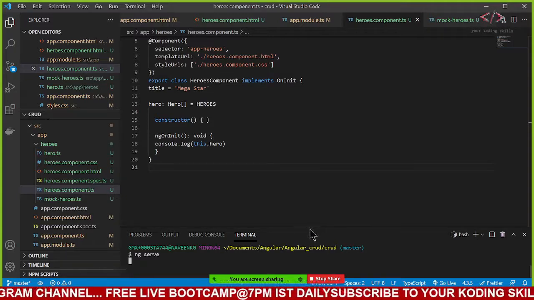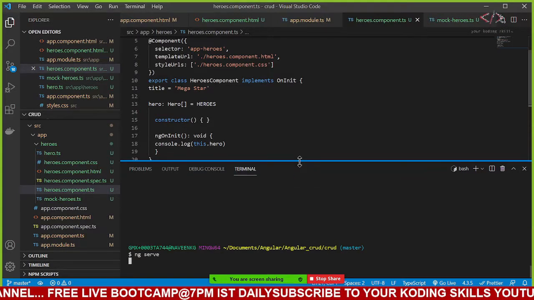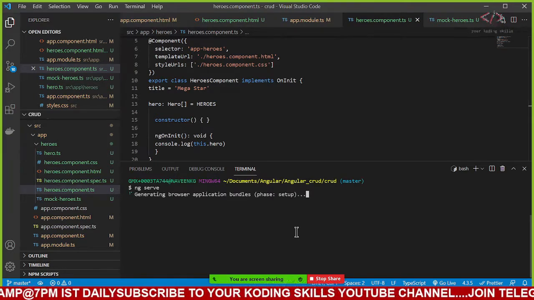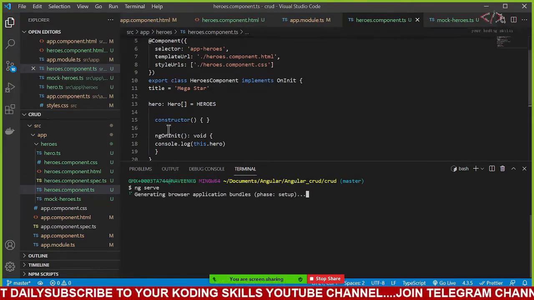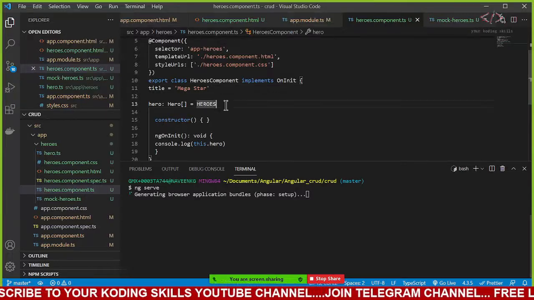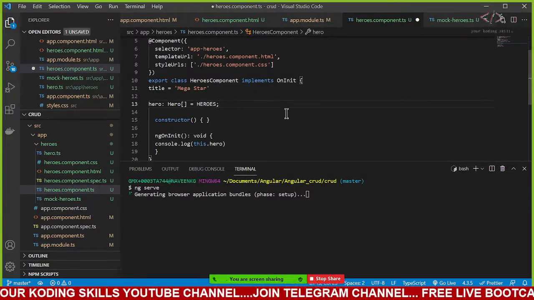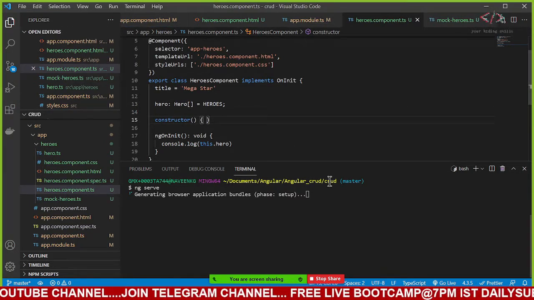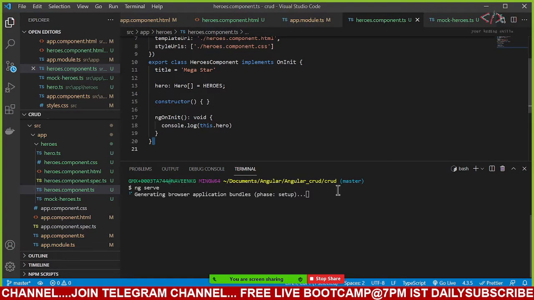When I saw my application, what is the mistake it can give us? Let me add a semicolon and always use right click, format the document, and yeah, nobody is aware.